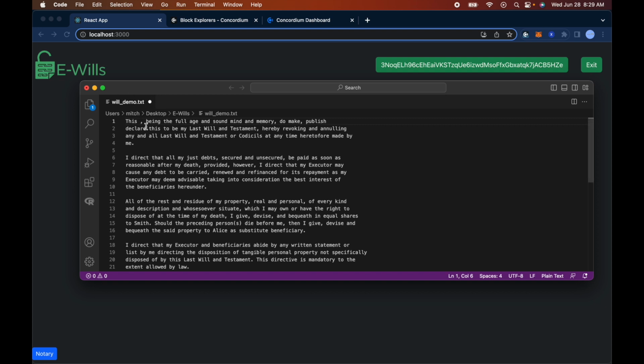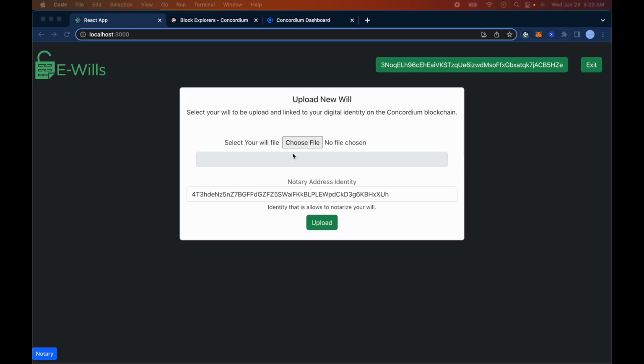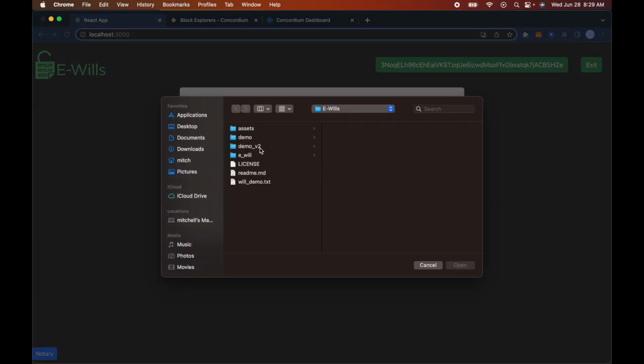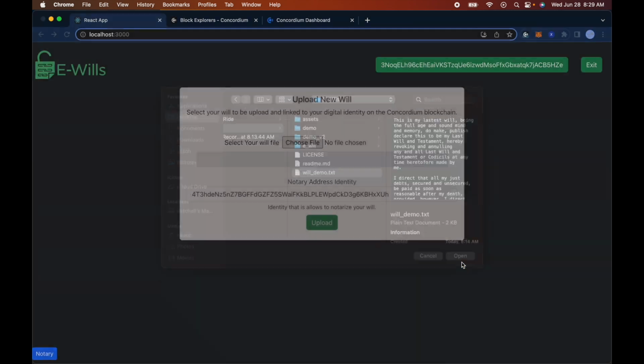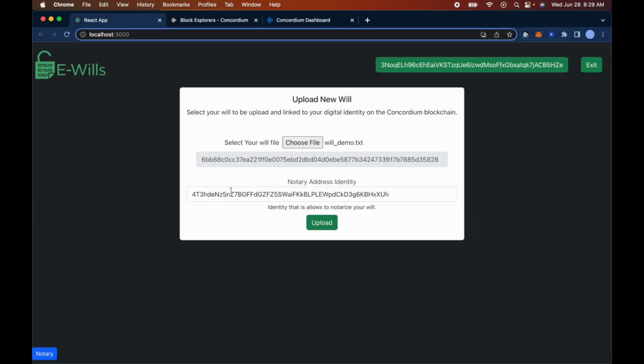So I just have my demo text file here. I'll just say, this is my latest will, being full agent sign. Okay, so there, I modified it, saved it. Now let's go select it. Desktop. Okay, and we can see our hash will be different, and we'll keep the notary the same, and we'll upload